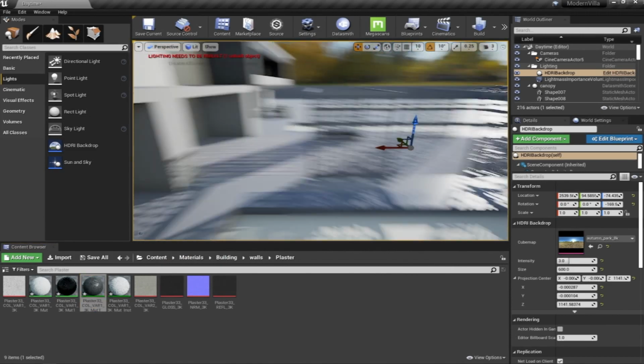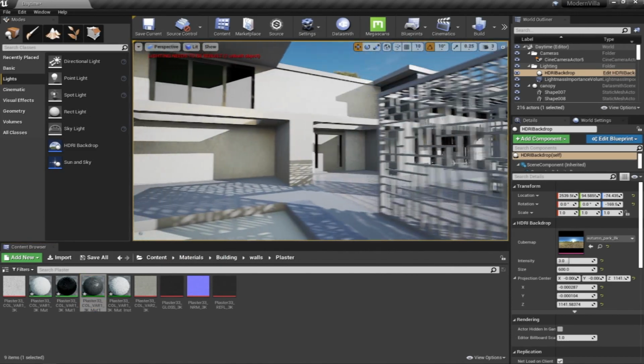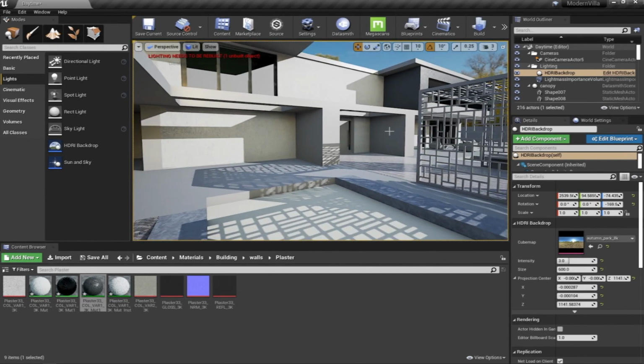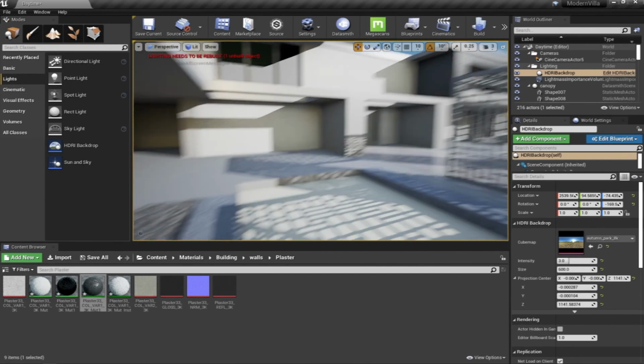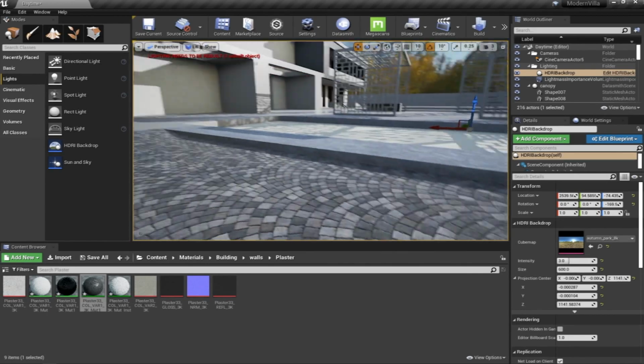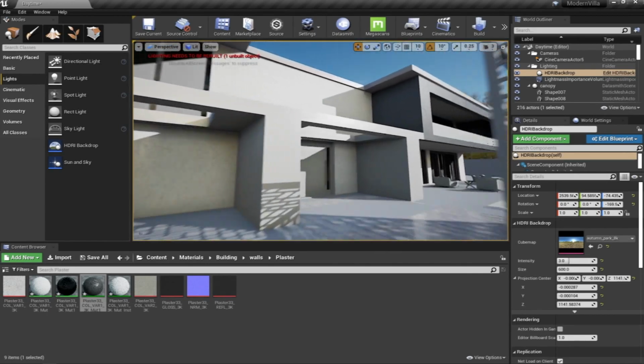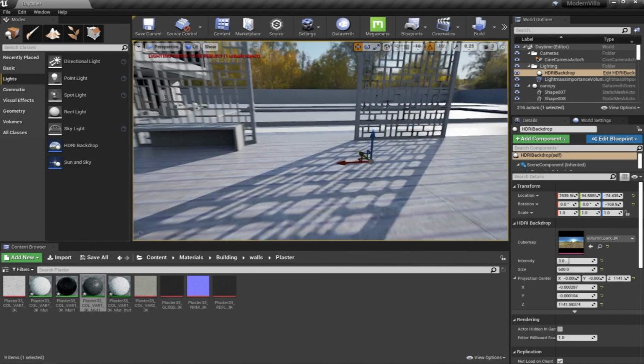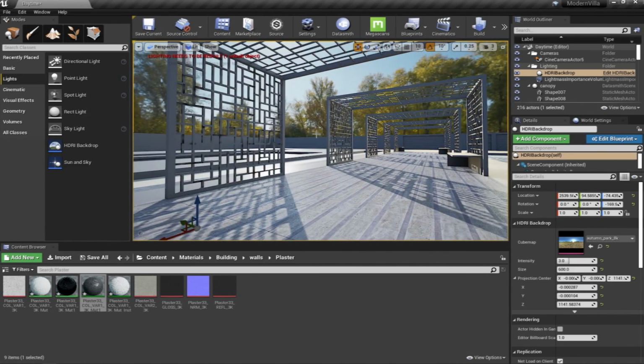So what you have seen so far is the basic way to create a texture material inside Unreal Engine, how we applied a displacement using tessellation nodes, and how we created materials with the effect of the